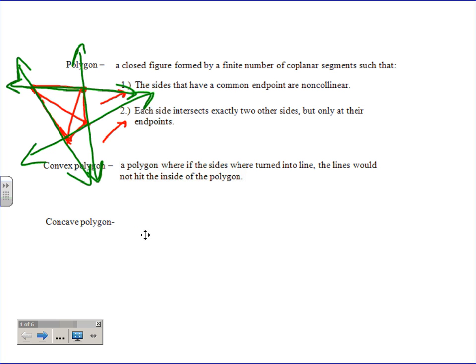Okay. I love this one. This is the actual book's definition right here. A polygon that is not convex. That's just brilliant. So in other words, the lines would go on the inside. Okay, so here's how I look at it. This one here caves in. This one does not. That's how I look at it. So for example,